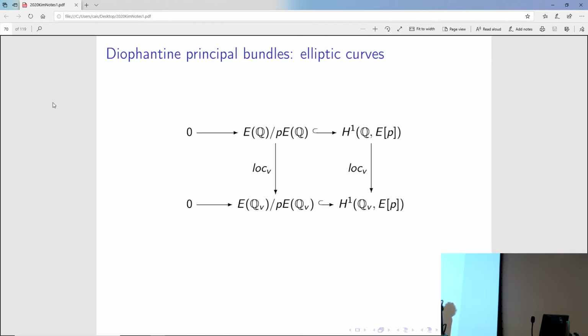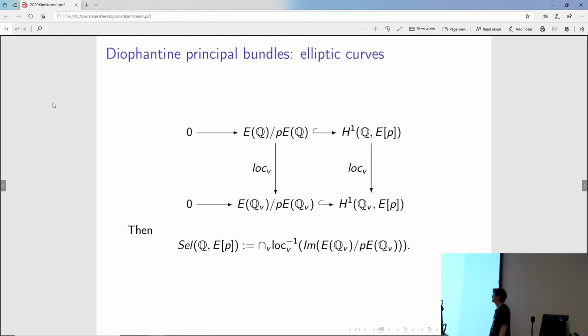And of course, since we're interested in the subgroup of that H^1 given by coming from the points, to come from the global points, its localization should come from local points. So the Selmer group is just defined to be the global cohomology classes that come from local points everywhere. The reason this is a useful definition is that in principle, this image can be computed. The global image is much harder to compute, but the local image is computable, which makes this Selmer group